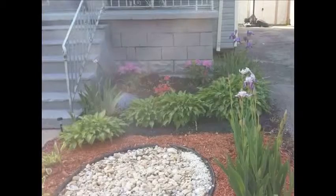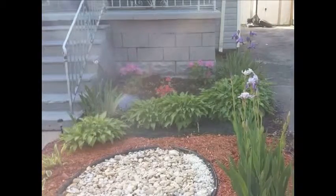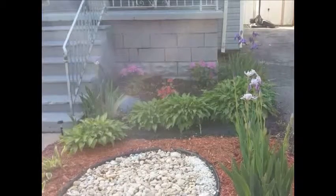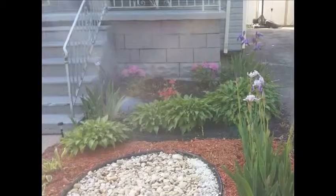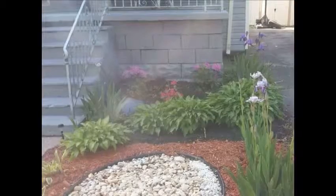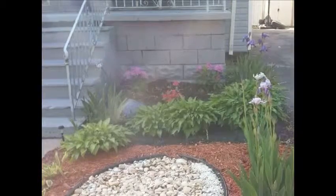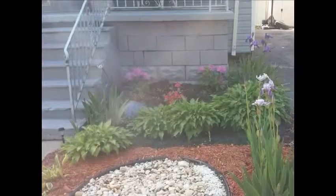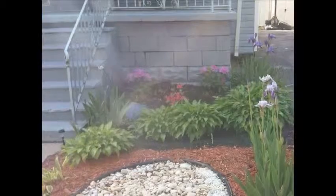So I dug it all up, cleaned it off with a regular shovel, and just got the surface nice and clean. And the part where you see the mulch and the gravel, I put down that real fine crusher run stone. I just put down a thin layer of that. Before I put that down though, I put down a layer of landscape fabric, then put the stone on top of the landscape fabric, put the plastic circle there in the middle, put the mulch down, put the stone in